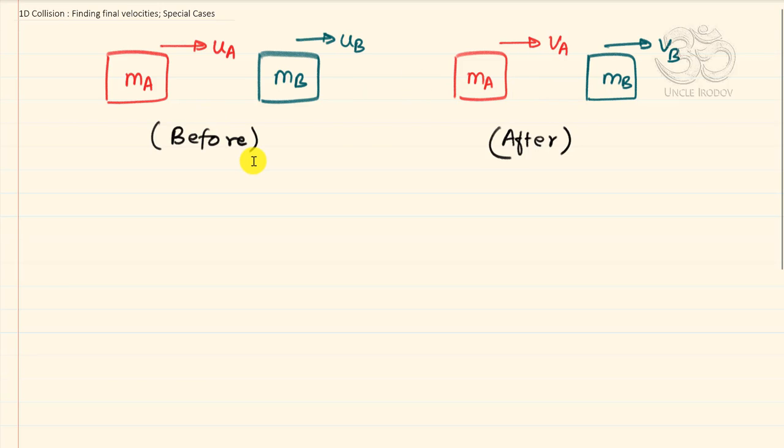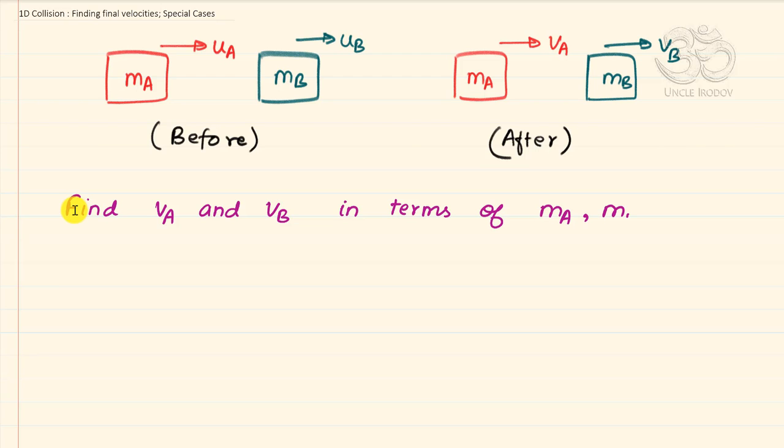Now the statement of the problem is: find va and vb in terms of ma, mb, which are assumed to be known, ua, ub, so the initial velocities are also known, and e, which is the coefficient of restitution that shows you the kind of collision that took place. So you have to find out va and vb in terms of ua, ub, mb, ma, and e, and the equations that you can write in this particular process. So the equations to write are